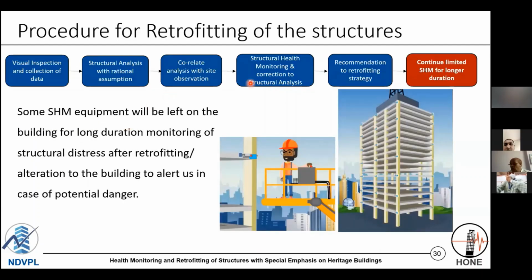Now, when we talk about this complete model process, and as I said, we will have some emphasis on heritage structure, this model process is applicable for any structure, even for your smallest residential building, because that's very important. You are staying in that building, your kids are staying in that building, your parents are staying in this building. So how can somebody say that structure is not important? A 1000 square feet residence is a very important structure. So if there is a question of retrofitting of that structure, honestly one should follow all these steps.